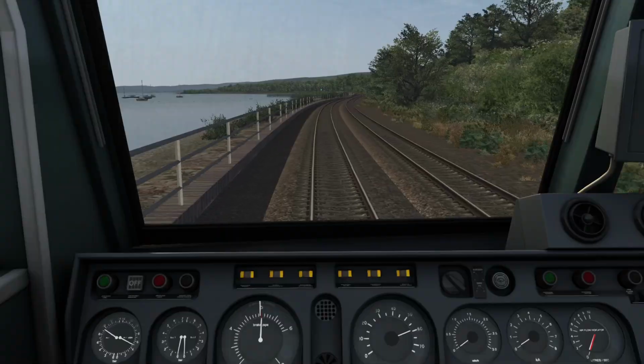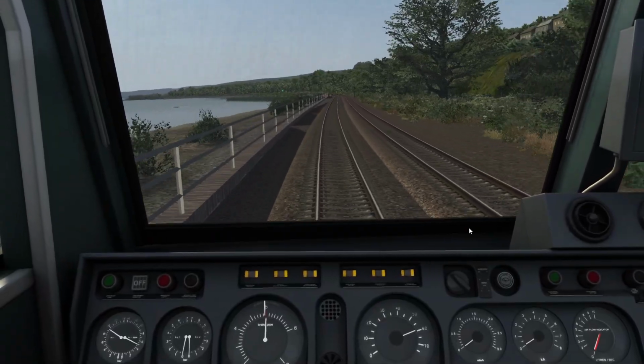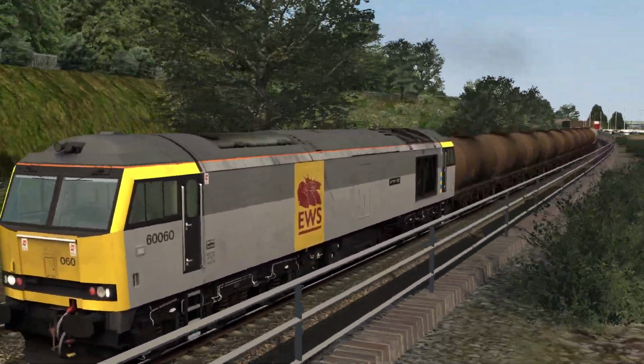Now this video does end on the move, so we'll just be rolling straight through Newton Abbot, and that's where the video will end. We aren't that far from Newton Abbot now. I will keep going though. Honestly, the 60s,